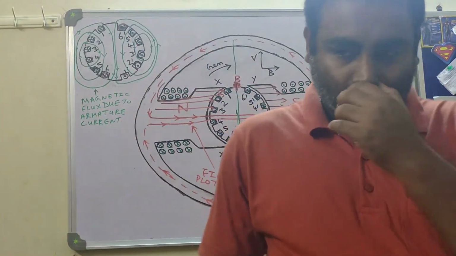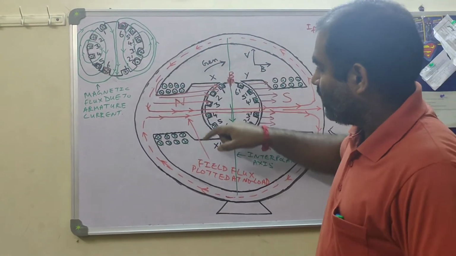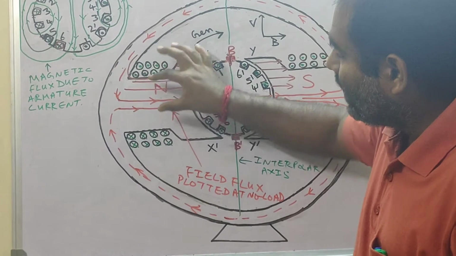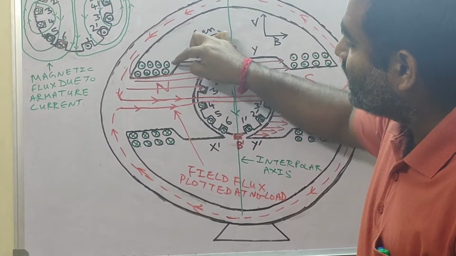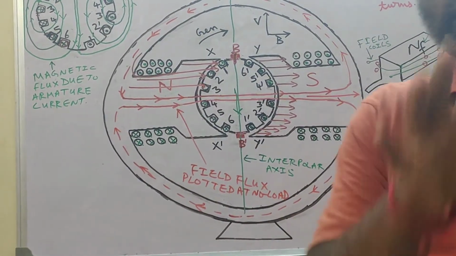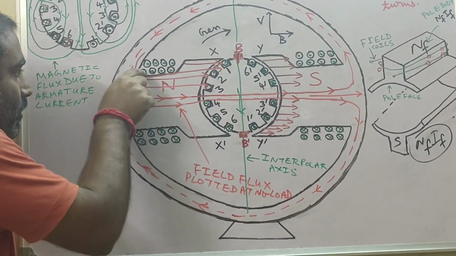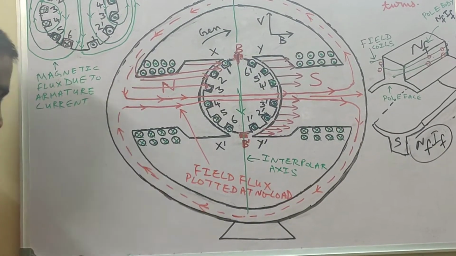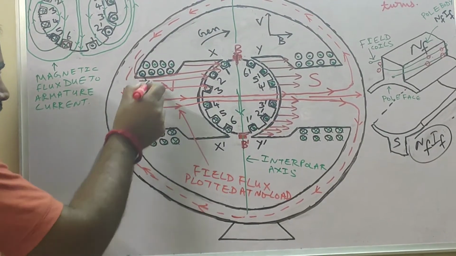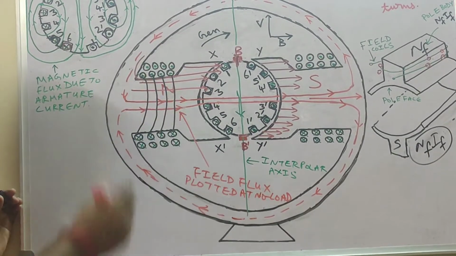Now you see here, if you just simply count manually, what is the number of turns in this coil? This is 1 turn, 2, 3, 4. But how many layers are there? This is first layer, this is second layer. So you can count and you find that this field pole I am showing has 8 turns. How is it 8? You see here, the first turn will start from here and come over here like this. This is first turn, this is second turn, third turn, fourth turn.